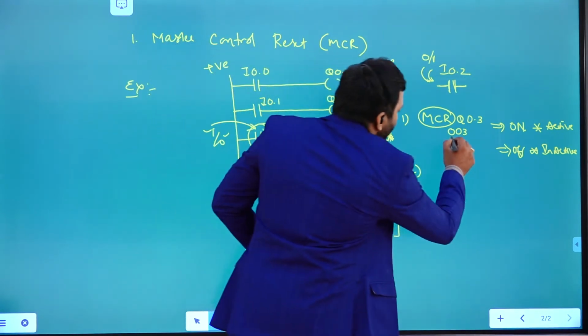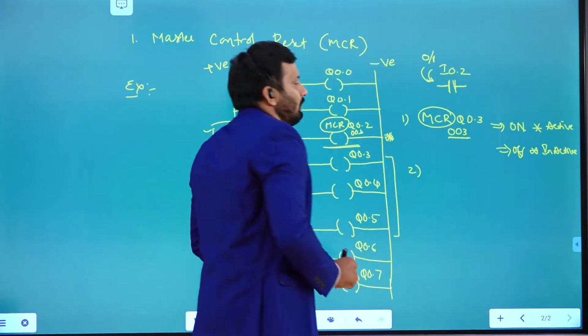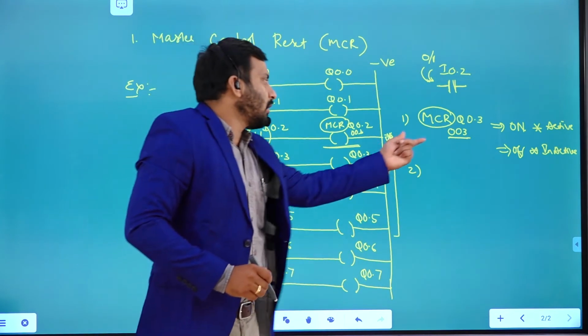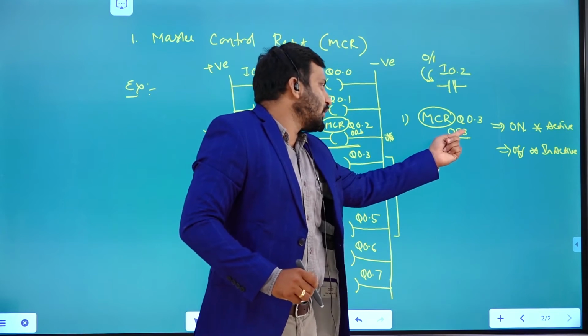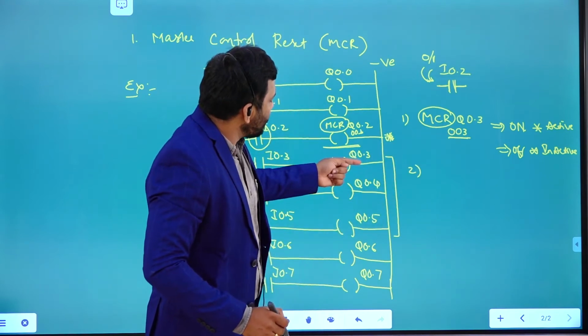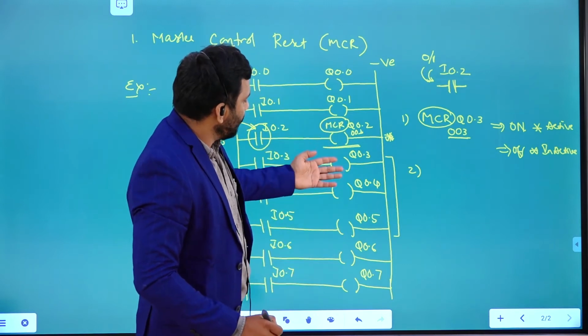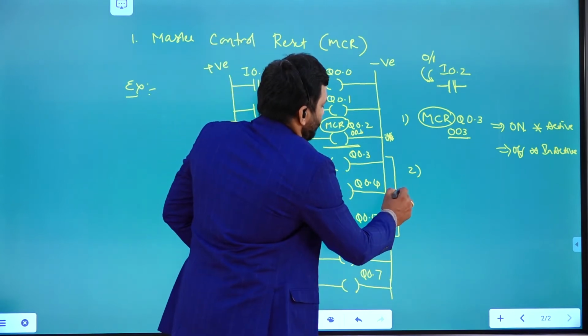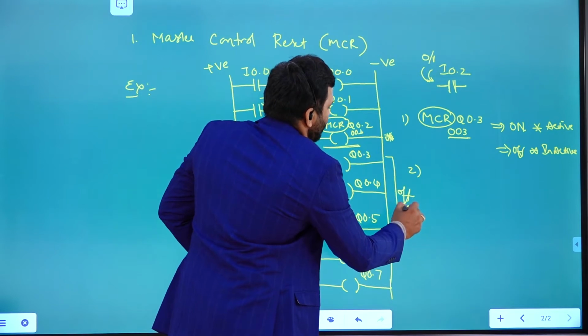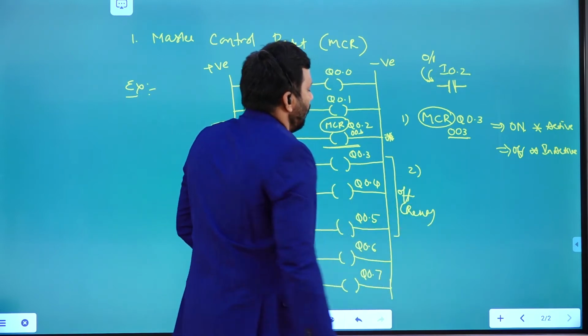Depending upon the value placed here in this code, if you place 003, the 3 rungs after this particular rung in the total logic are going to be moved to the off state. That means they are going to be in the reset off state.